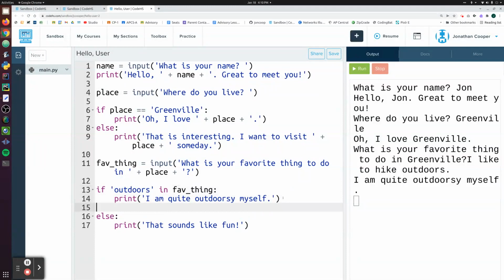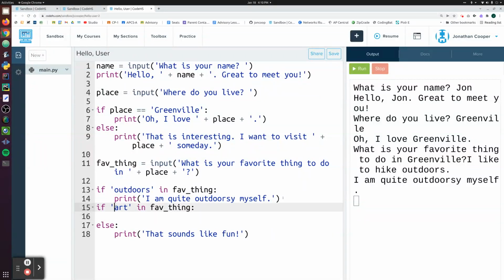So I'm going to do another branch, and I'll say if art in fave thing, and let's do actually, should be not if, but this should be elif. And elif is just a contraction of the words else and if. It's else if, but it's combined as one statement. So if this is true, do this, and this is like otherwise, if this happens to be true, if art is in favorite thing, we'll define something else to do. So we'll say